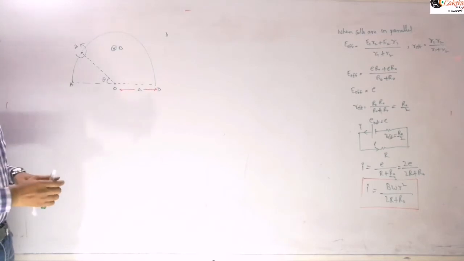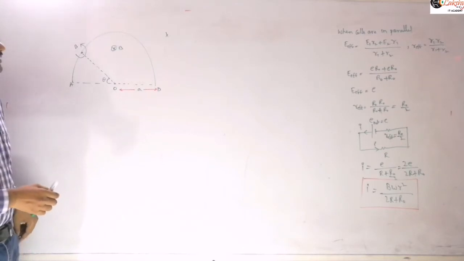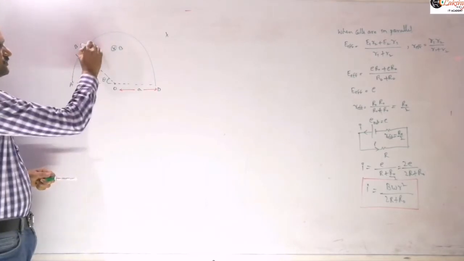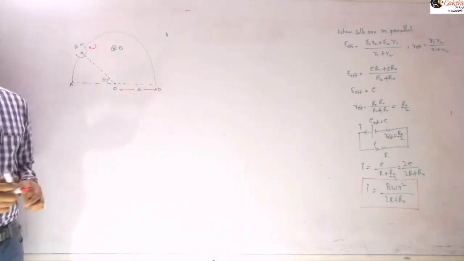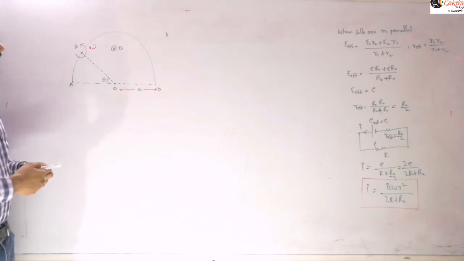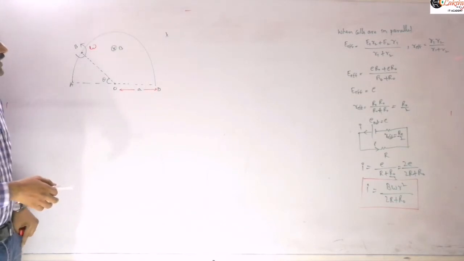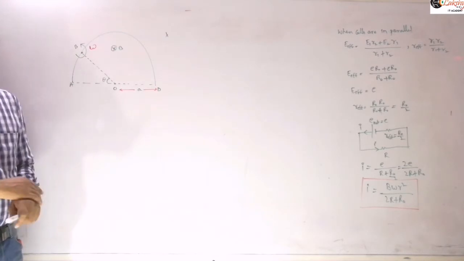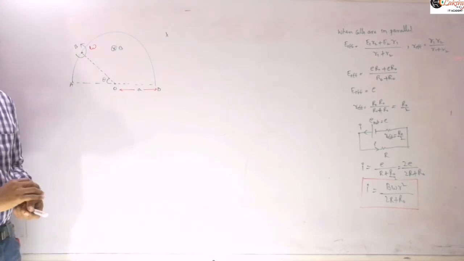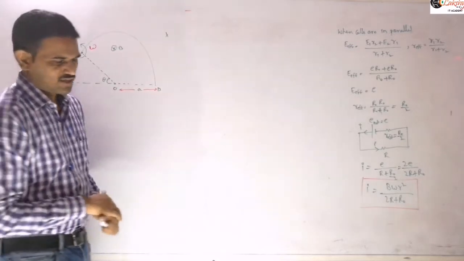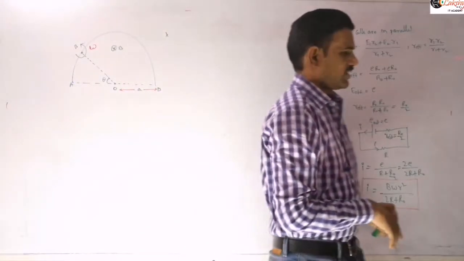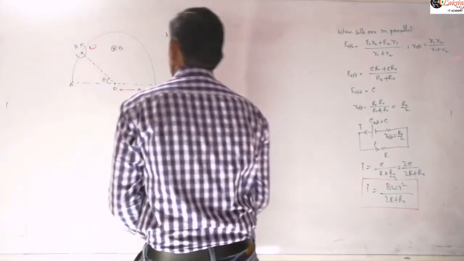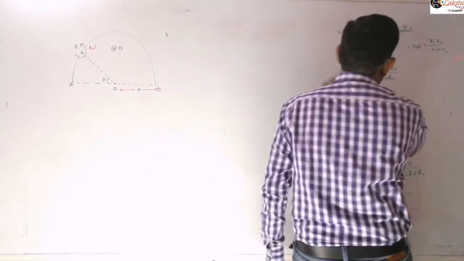If this frame is revolving with angular velocity omega about a point B lying on its circumference as shown, in a normal magnetic field B, then find